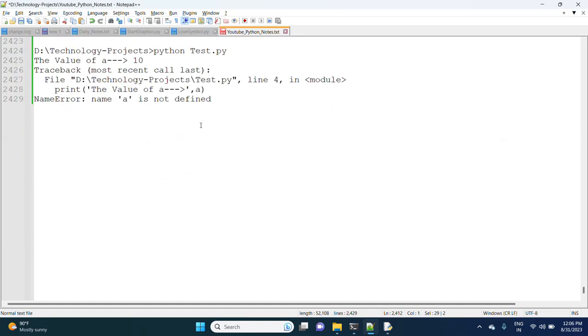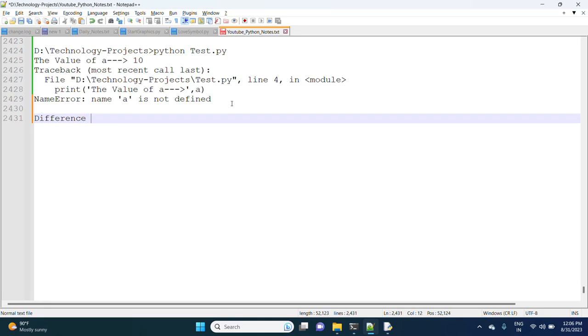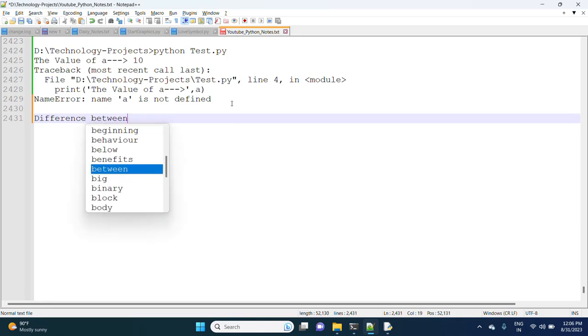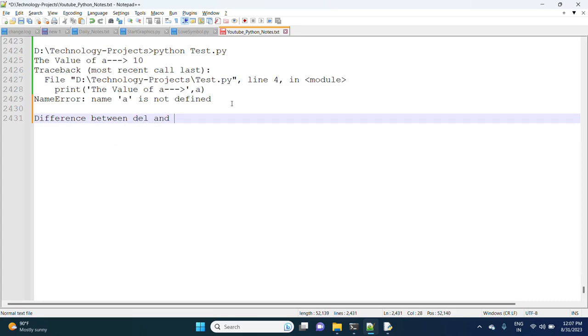Now observe the last small concept: the difference between del and None.